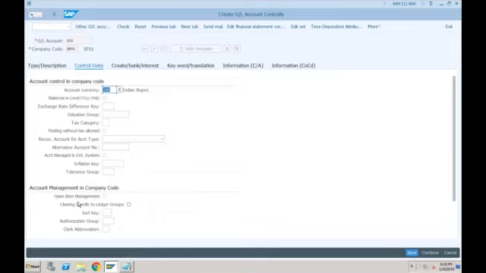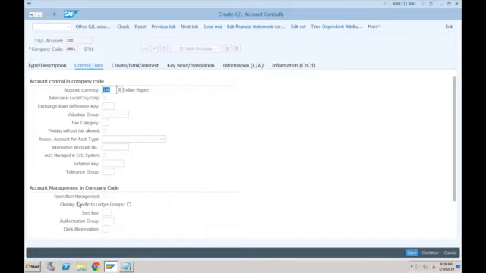Yes. Normally this is relevant for FBL3N, because FBL1N and 5N are not for GL, they are for vendor and customer. For vendor and customer, line item display is always on. But this tick is for FBL3N, to control FBL3N. If you don't tick that indicator and go to transaction FBL3N to see all the line items posted in this GL account, you will get an error that line item display is not active for this GL.